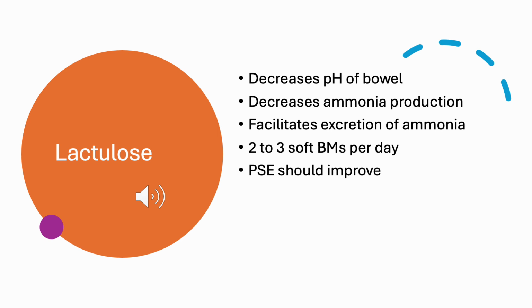Lactulose is a medication. It's like a syrupy liquid that is given to facilitate the excretion of ammonia and help alleviate the symptoms of portal systemic encephalopathy. So it decreases the pH of the bowel, which decreases ammonia production. The goal is to have 2 to 3 soft BMs per day, and then your symptoms should improve, like a